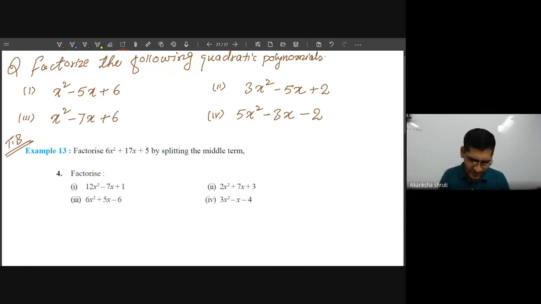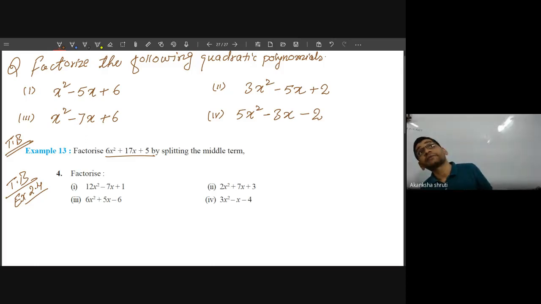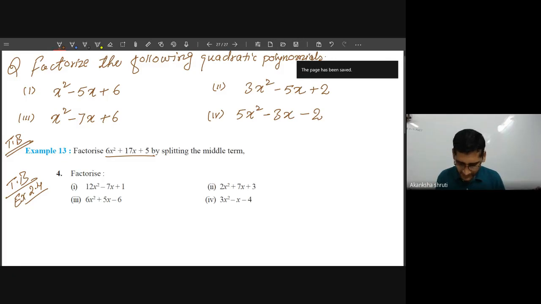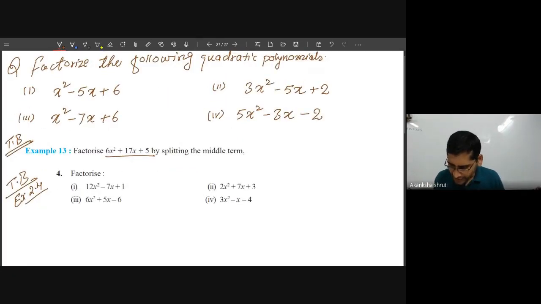This is our textbook question. Textbook exercise 2.4, I think it is. Question number 4 is this. So these things we have to factorize. I have given some more questions and some are given in your book itself. Student, I will solve one more question, then I will stop the class. I have to go for class 10th also. तो ये बताइए इसमें से मैं कौन सा क्वेश्चन आपको सॉल्व कर दूं? एक कोई सा क्वेश्चन.